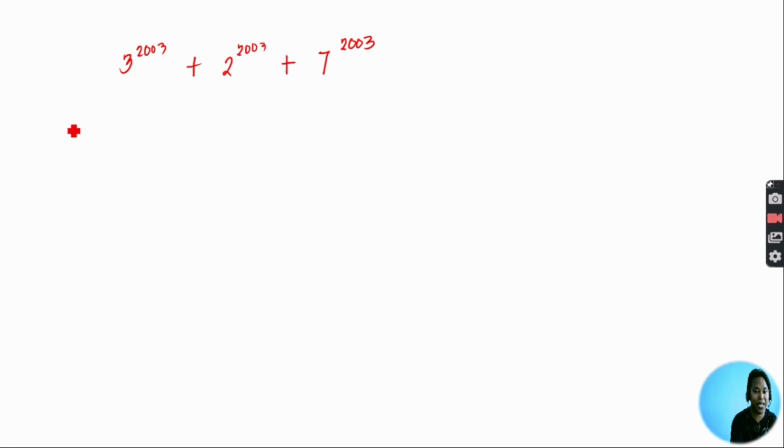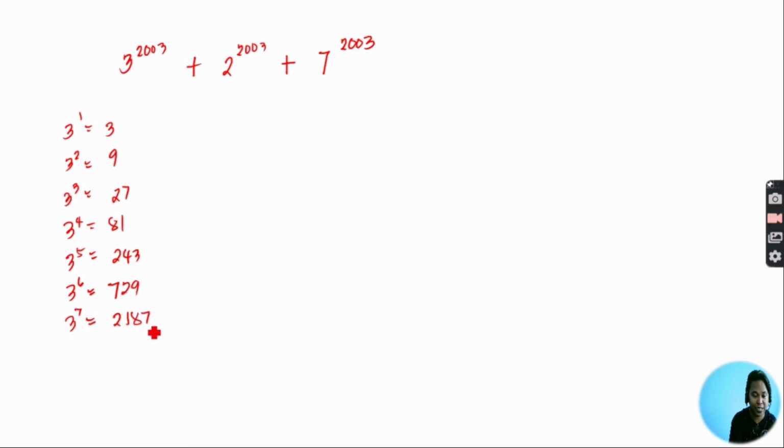So start tayo sa 3. So 3 raised to 1 is 3. 3 raised to 2 is 9. 3 raised to 3 is 27. 3 raised to 4 is 81. 3 raised to 5 is 243. 3 raised to 6 is equal to 729. 3 raised to 7 is equal to 2,187. 3 raised to 8 is equal to